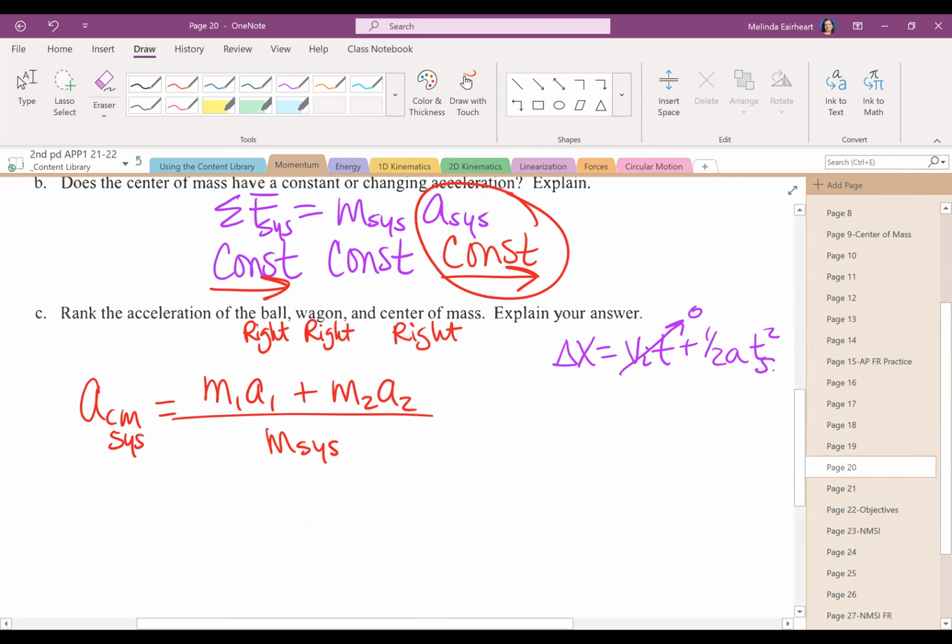Time is going to be the same for everybody. And so who has a greater acceleration? Acceleration is proportional to displacement. Hopefully that helps. Thinking about a mass weighted average. So who's going to accelerate the most? The wagon. Then who? Center of mass. And then the ball travels the least